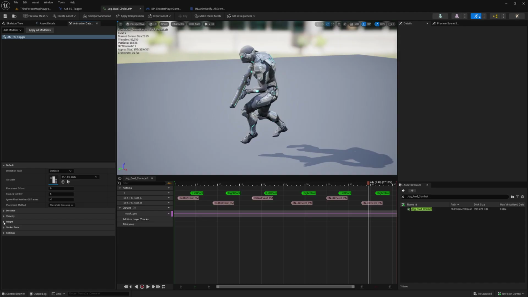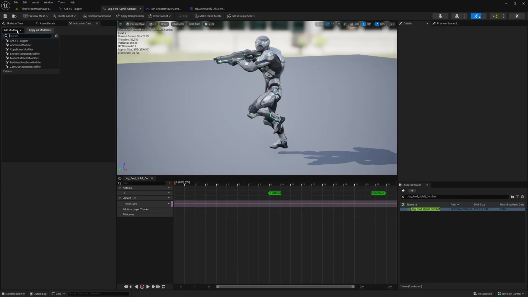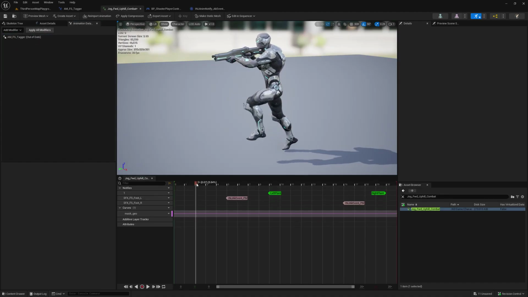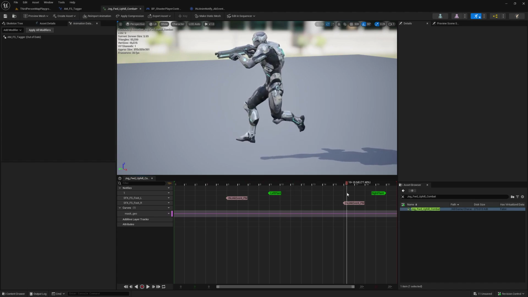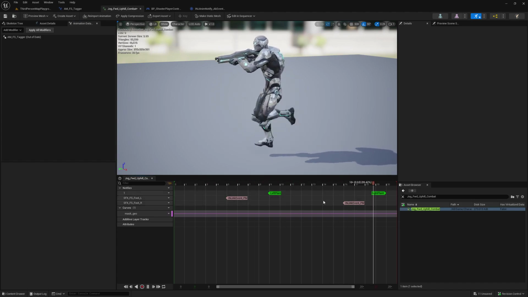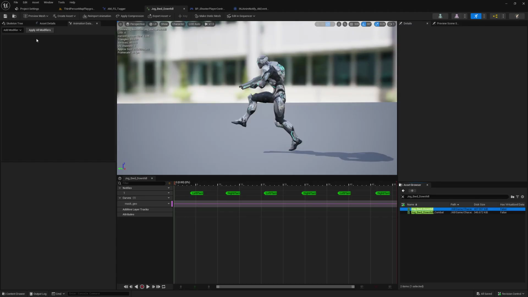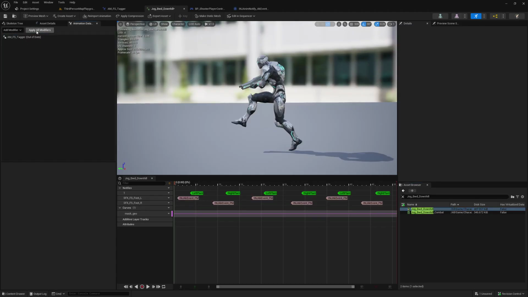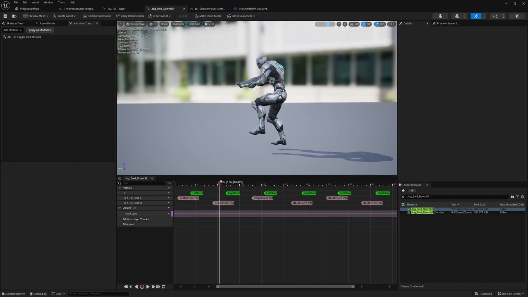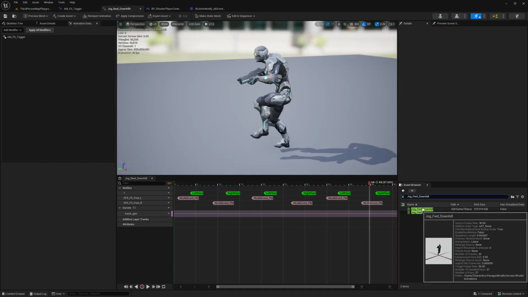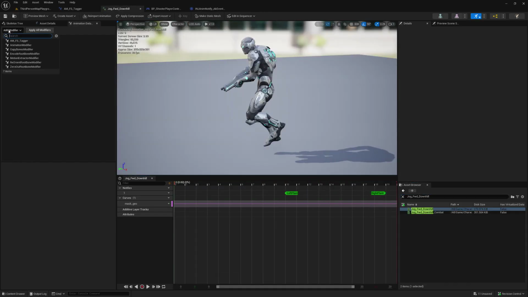Let's take a closer look at a few more gait types. We tried to test and tune the system with more challenging gait types. Let's take a look at running uphill, running backward downhill, running forward downhill,